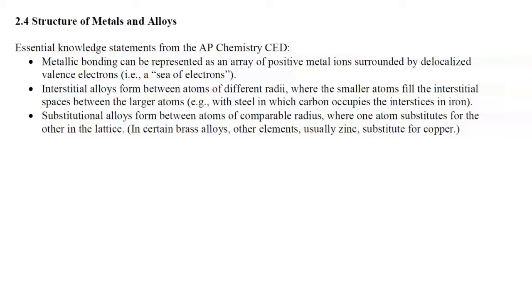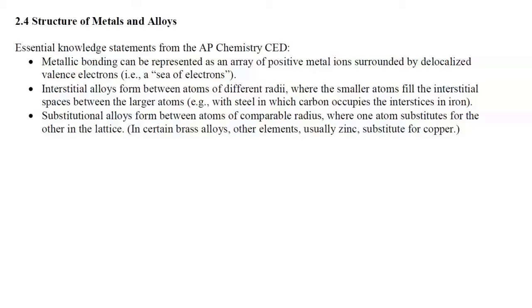Topic 2.4, Structure of Metals and Alloys. Here are some essential knowledge statements from the AP Chemistry course and exam description. Metallic bonding can be represented as an array of positive metal ions surrounded by delocalized valence electrons, that is, a sea of electrons. Interstitial alloys form between atoms of different radii, where the smaller atoms fill the interstitial spaces between